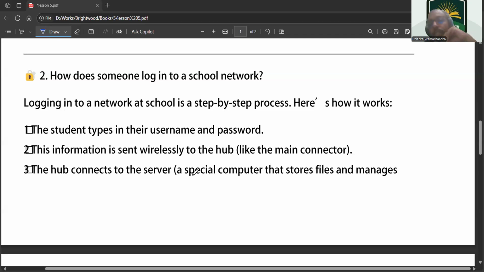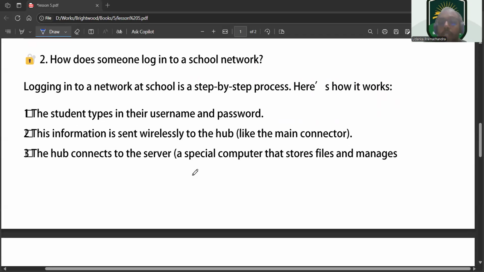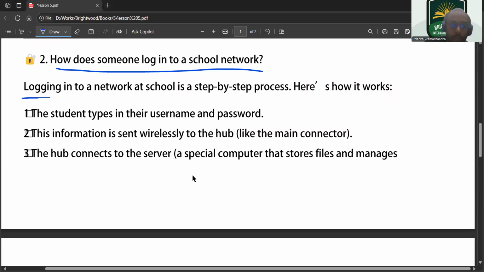So here is how it works, logging into the network in the school. It is a step-by-step process. Here it shows how that works. So first, when you are connected to the school network or home network, you have to write these things also. First of all, you have to